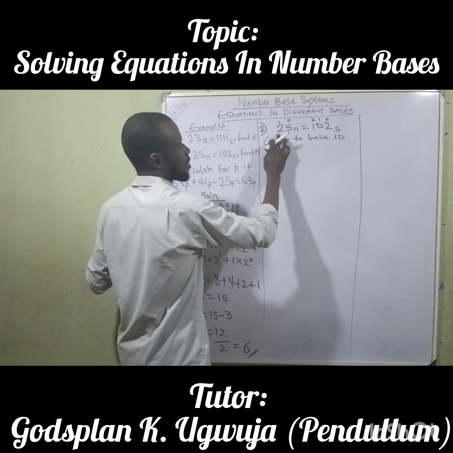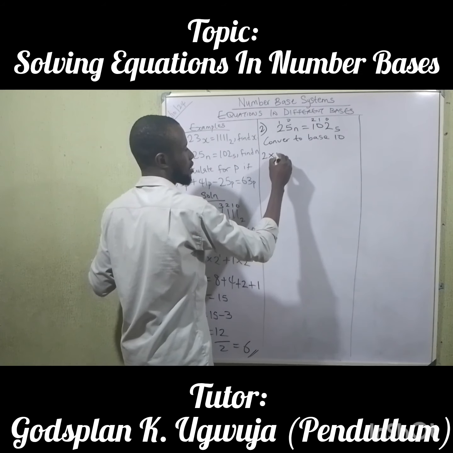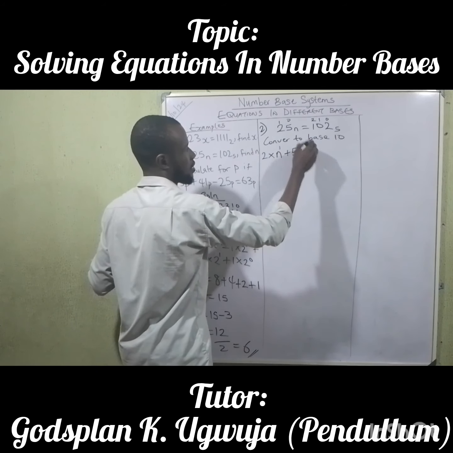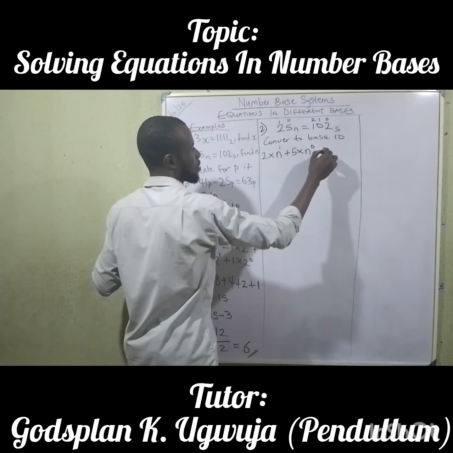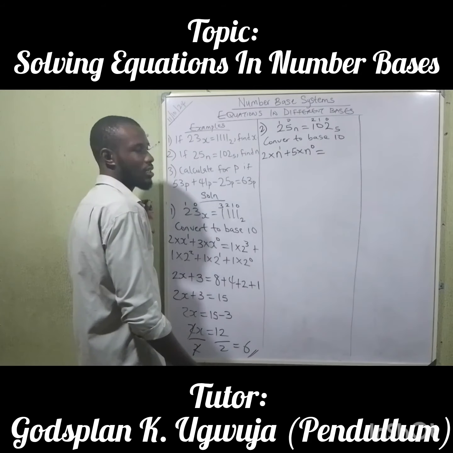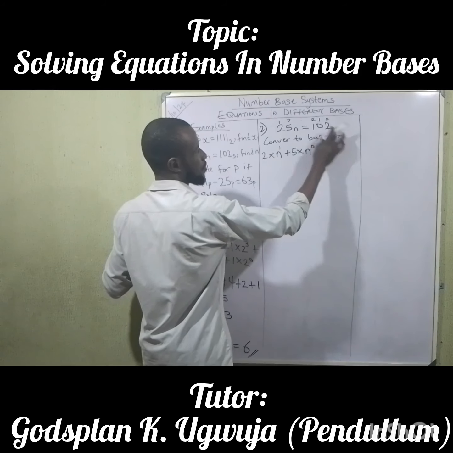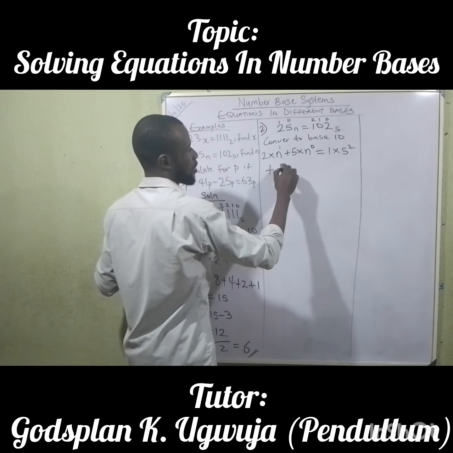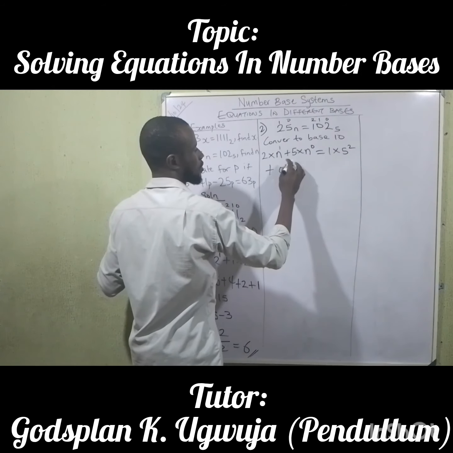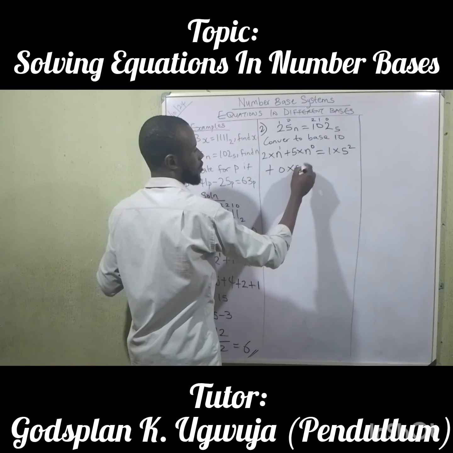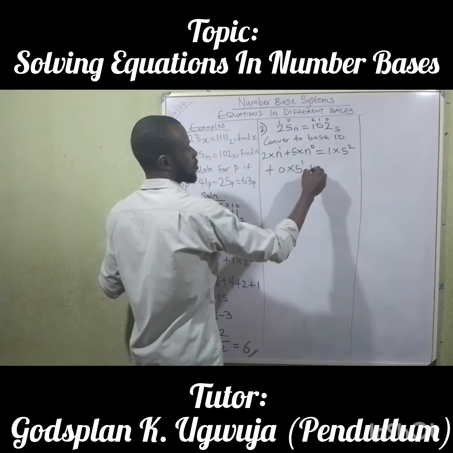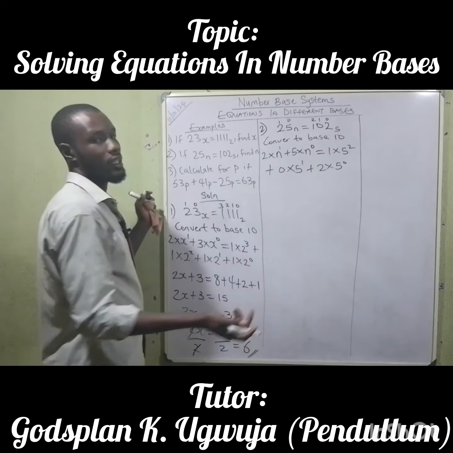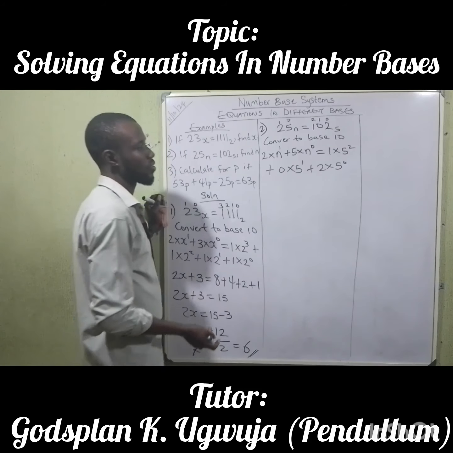So if we expand, this times the base, 2 times n raised to power 1 plus 5 times n raised to power 0 is equal to, on this other side, we'll do the same thing, 1 times 5 raised to power 2 plus 0 times 5 raised to power 1 plus 2 times 5 raised to power 0. Then all we have to do here is to